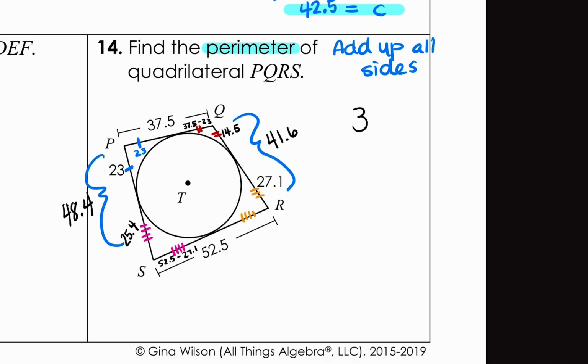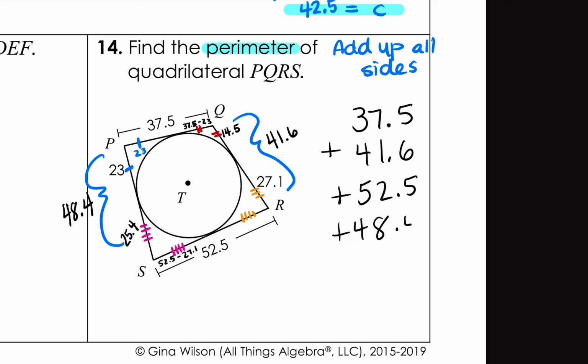So the last thing we're going to do is 37.5 plus 41.6 plus 52.5 plus 48.4, and we get 180 is our perimeter. All right, that is the end of